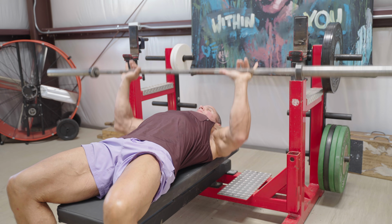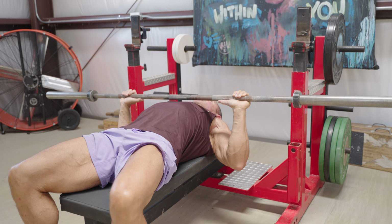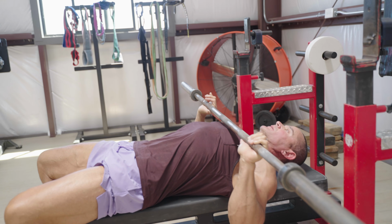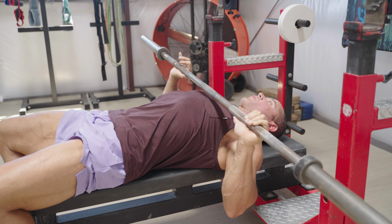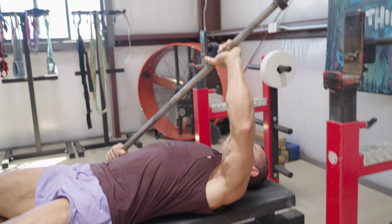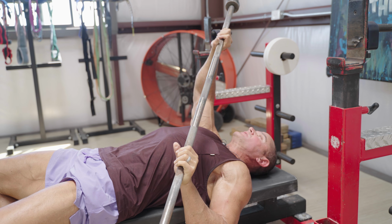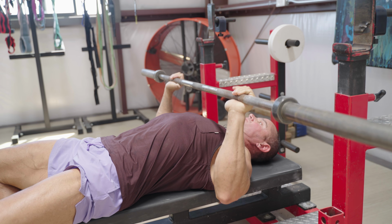I took a few weeks away from barbell benching. Shoulder was a little disturbed. But now it's feeling pretty good. Get a good stretch. Remember the old typewriter benching? The old kayak move here. Just a little